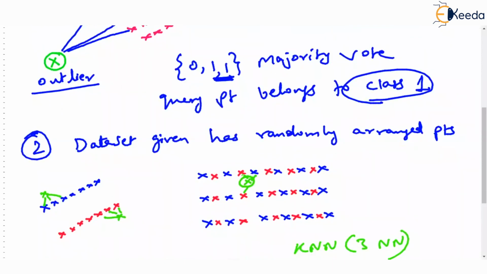So after learning failure cases of KNN, remember, KNN will fail to classify properly if the query point is an outlier. It will fail if the distribution of the points is not such that class 1 and class 0 points are very well separated, but they are in a jagged form like this, zigzag. That means +1 points and 0 points are mixed. Then the classification will be mostly wrong. Most of the times it will be wrong.